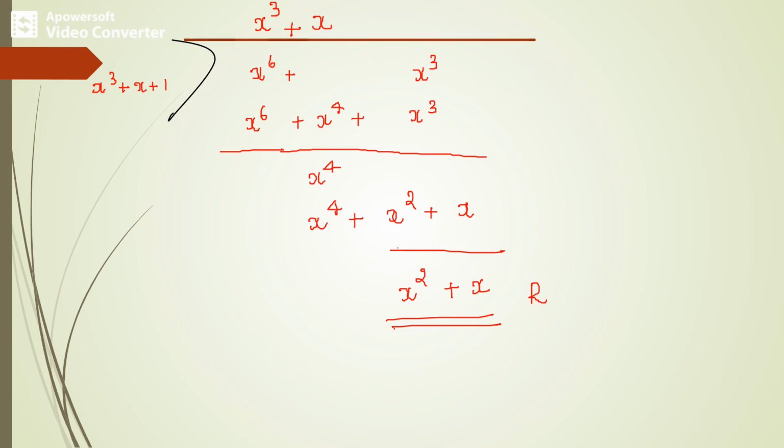Therefore, after CRC division using polynomials, we can write the code word as the augmented data word, that is x power 6 plus x, and I can consider the remainder as well, x power 2 plus x. So the code word consists of the augmented data word and the remainder r. This is how we can compute the code word using polynomials.